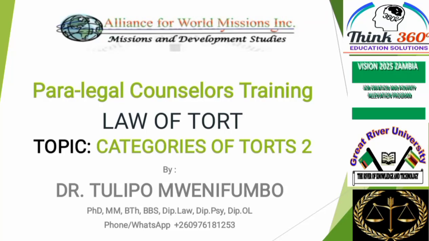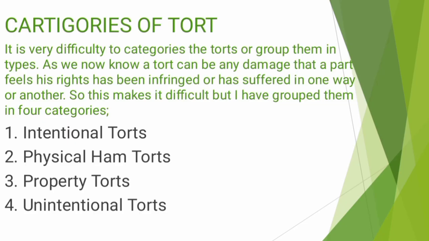We continue with the law of tort. So today we are looking at the category of torts. We said I've divided these categories of tort into four categories, though it is very difficult to divide the tort because it's a wider subject and it can call for anything that causes injury or harm or discomfort to someone, or where someone feels his rights are compromised. So I said I've categorized it in four categories: the intentional torts, physical harm torts, property torts, and unintentional